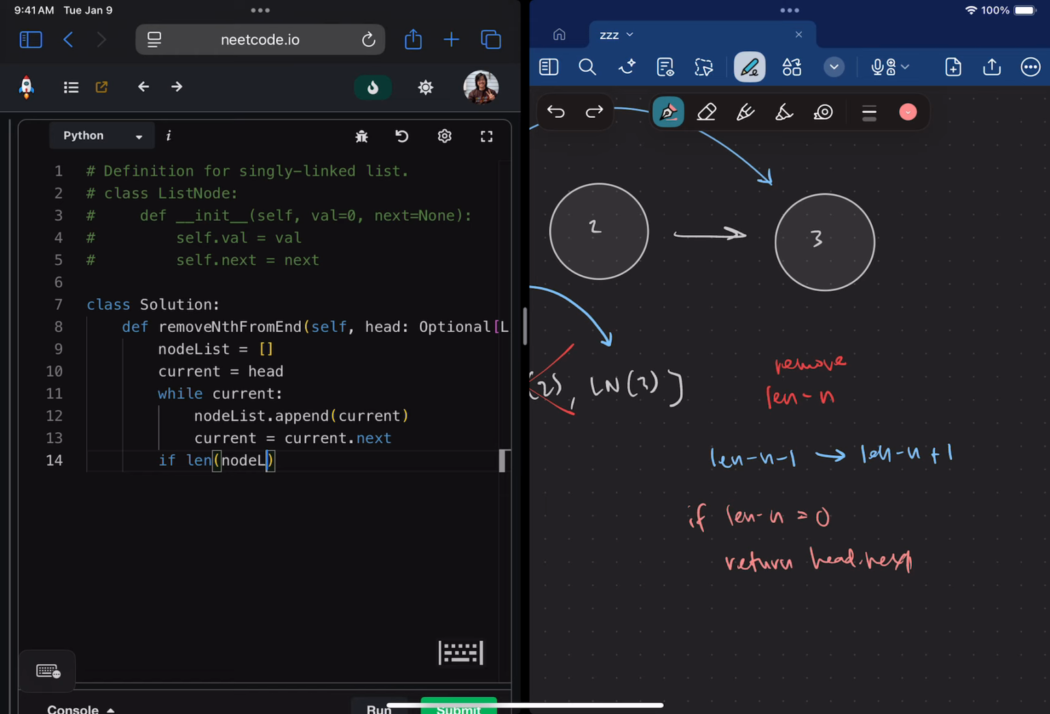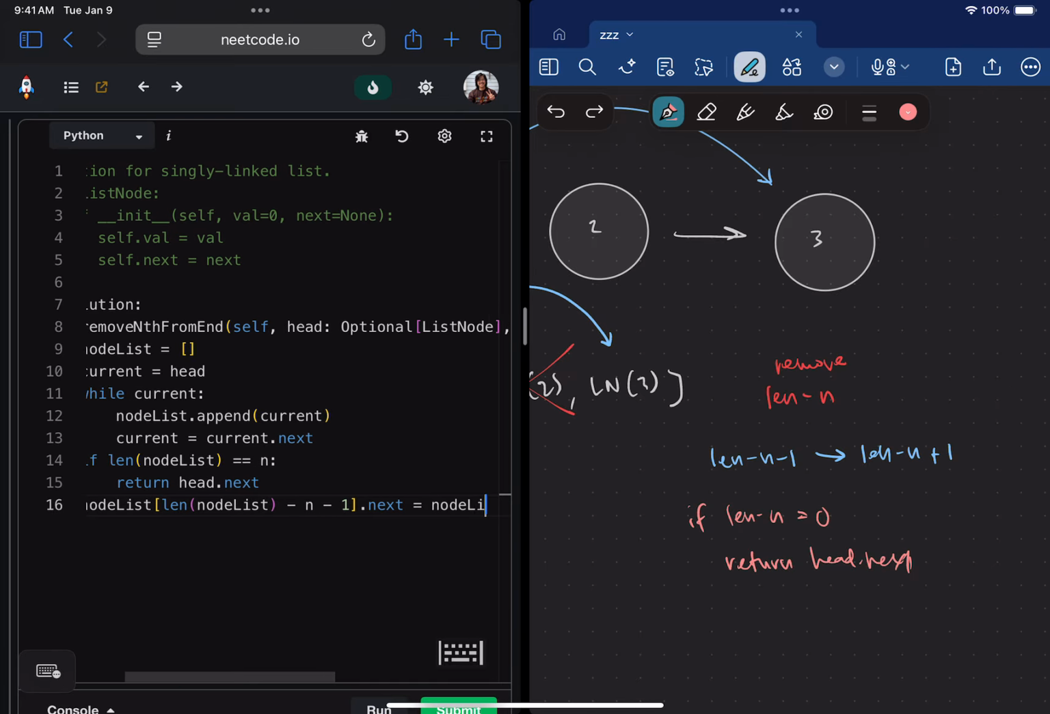Let's preface this with, okay, if the length of node list, which we now have because we've stored each node in an array, equals n, then we can just return head.next. And otherwise, what are we going to do? We'll say node list, len node list minus n minus 1 dot next equals node list